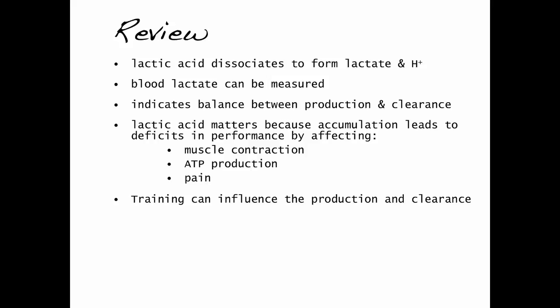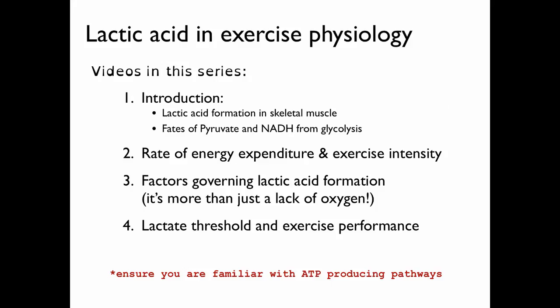Endurance training can influence the production and clearance of lactic acid. I hope you found these videos in the lactic acid series a good start to your understanding of lactic acid and exercise. For those advanced students of exercise physiology, you'll want to delve into some of the research